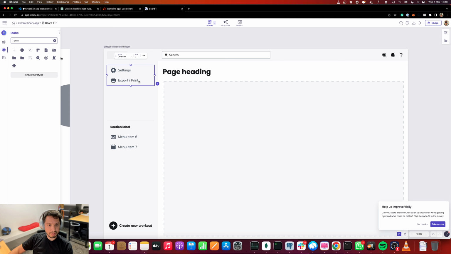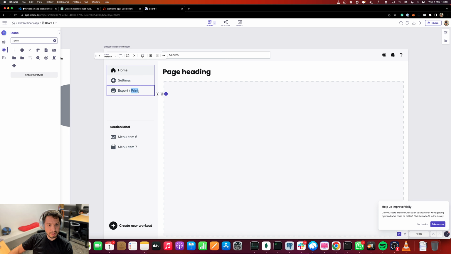Now here the logo goes, and oh, we can add badges. Cool. State selected. Oh, right. So I don't want to select the state right now. Let's do default and let's add a new one, which would be my workouts or home, maybe home. Yeah, this one is the one that is going to be selected.